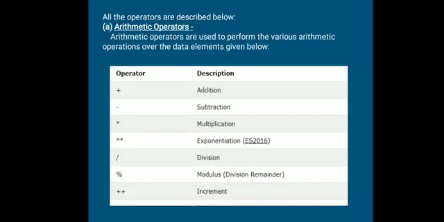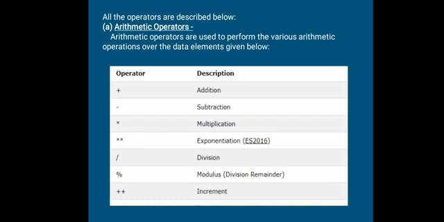Now let us see arithmetic operators. All the arithmetic operations are performed by using these arithmetic operators: addition, subtraction, multiplication, division and modulo division. There is one more new operator here that we are going to discuss, that is the exponent operator, double star. Here you can see the double star. It displays the exponent value, e power x.